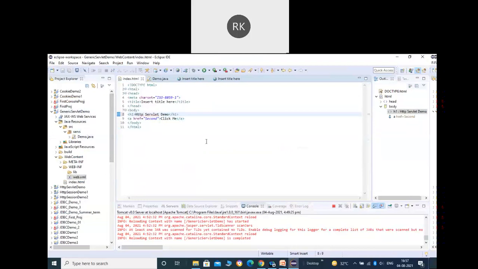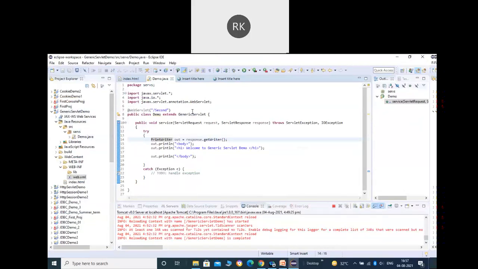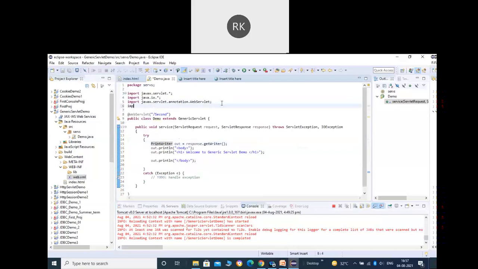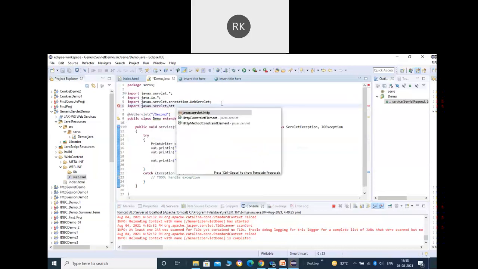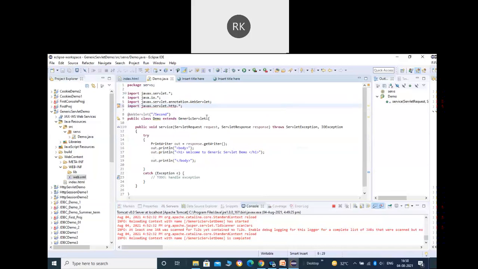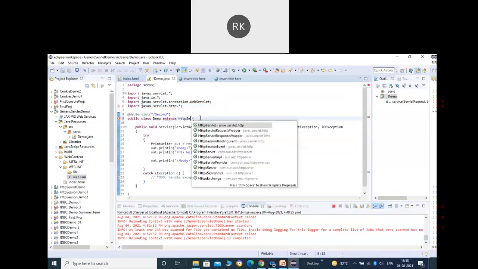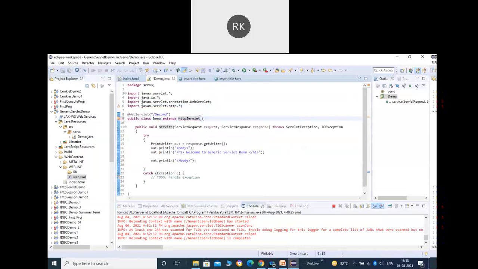All right. Okay, so everything here will remain the same. The only thing that will be changed is what? Okay. So let me edit the same project that I created with the name of generic servlet. So index.html will remain the same. There is no change required. All right. The only thing that I want to change here, in place of generic, I will be saying here HTTP servlet demo.